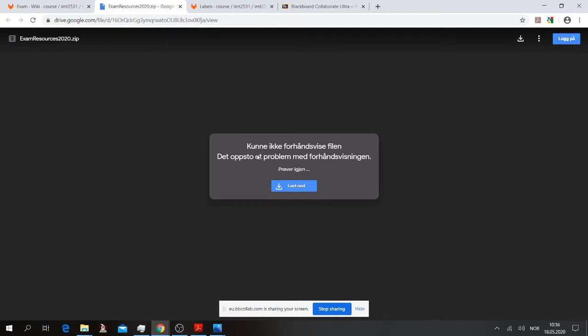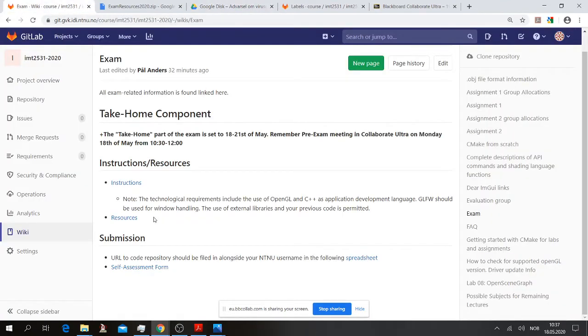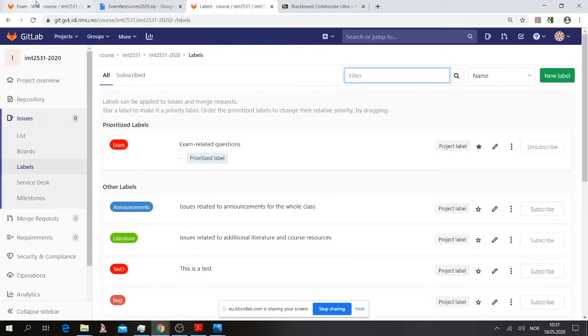It's not shown, so you need to just click download here and you get this message that they cannot search it for viruses because it's too big, but it should be no problem with this one, so you should be able to download it anyway. So you just click this one. You may just start doing this now if you'd like to, and let me know if something doesn't work. In these resources you will also find the instructions. I will not download it now because it just kills resources.